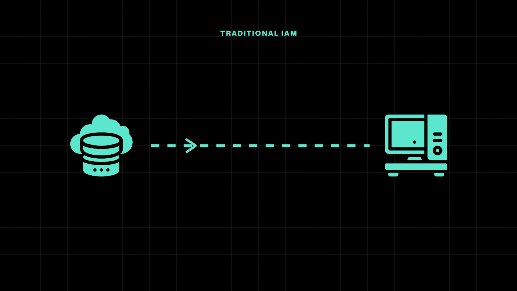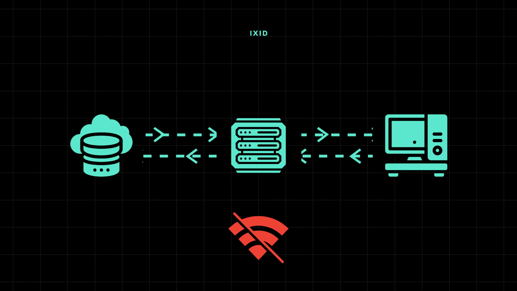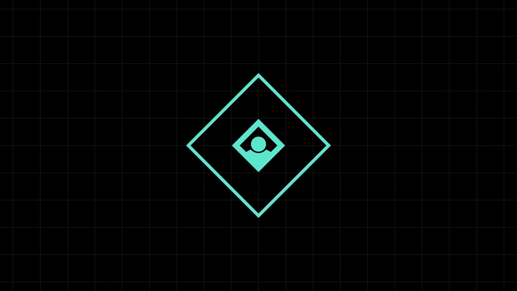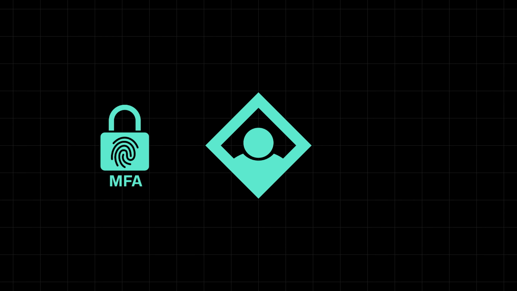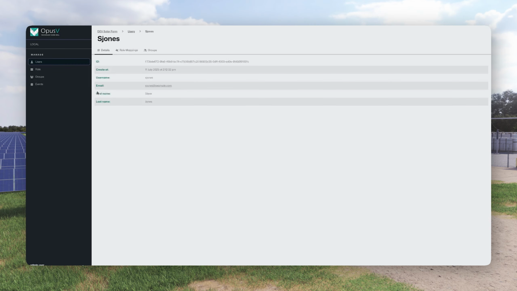Unlike traditional IAMs, IXID is not entirely dependent on the cloud. It works in a hybrid model by creating on-site replicas of the cloud data center, allowing seamless operation even during internet outages. You can now authenticate Bob with MFA and SSO, adding layers of protection, and then authorization to allow